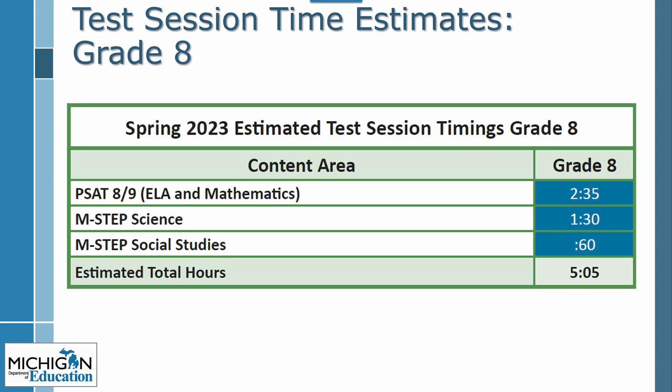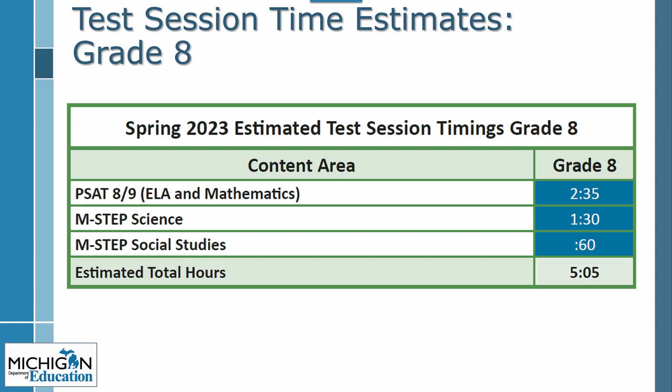These are the grade 8 test time estimates. The MSTEP tests are estimated in an hour and a half for science and 1 hour for social studies. You can also see the time estimate for PSAT 8-9 is 2 hours and 35 minutes. Remember that MSTEP is not a timed test, so these are estimates. Whereas PSAT is a timed test, so make sure you follow the procedures in the PSAT test manuals when administering